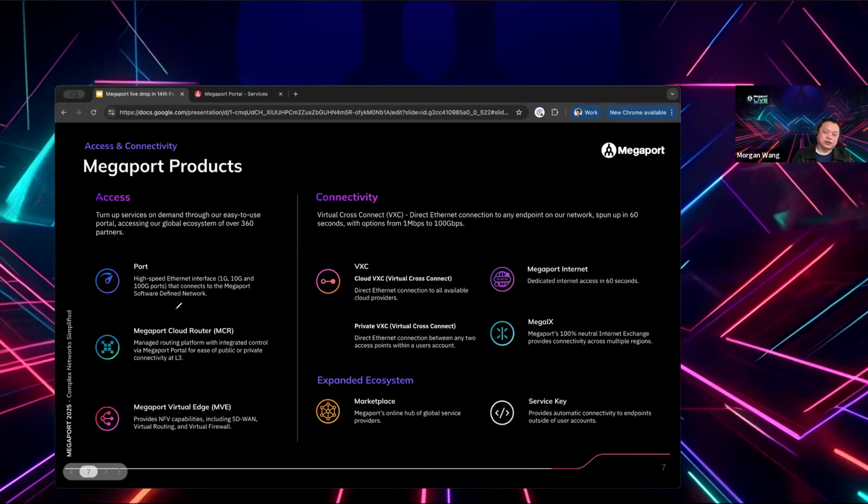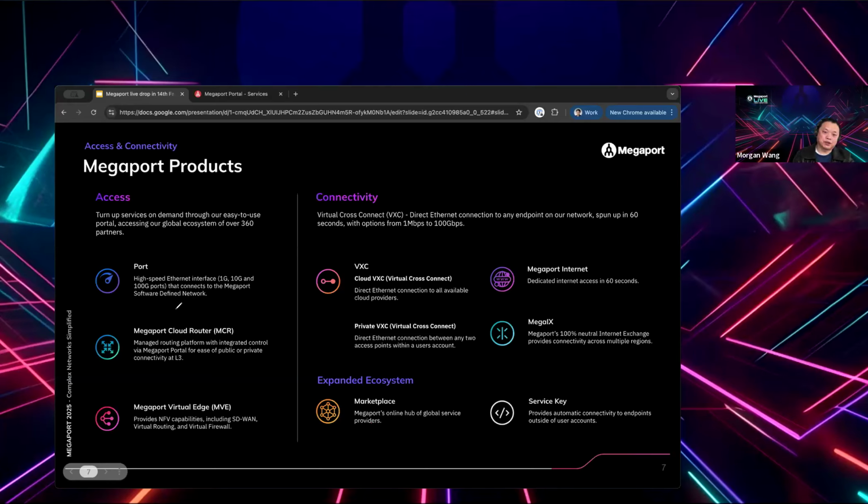Not only these destinations prepared by Megaport, but also if the customer chooses to use Megaport and chooses to allow other customers to connect into their own services or environment, we have a marketplace where the customer can choose to publish their port, maybe MCR, maybe MVE, and all the other customers can search their name on the portal and initiate a connection request through this access service.